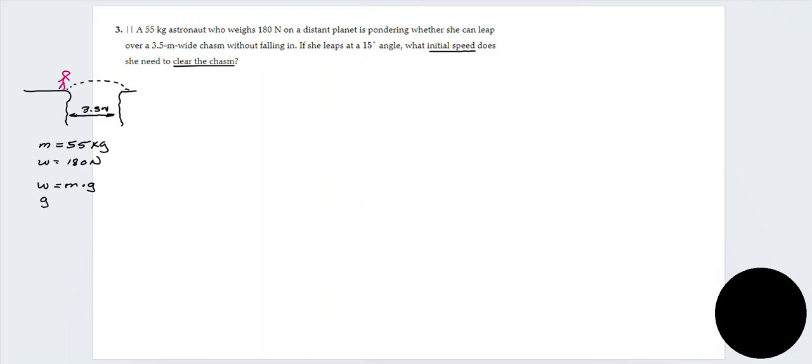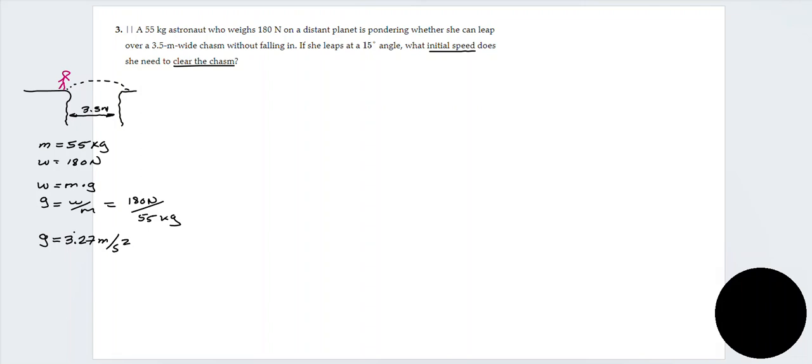So if we solve for gravity, which is weight over mass, it would be 180 newtons divided by 55 kilograms. So we get that the acceleration of gravity on this planet would be 3.27 meters per second